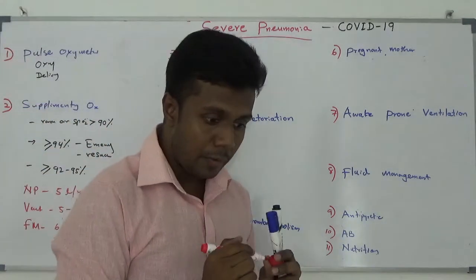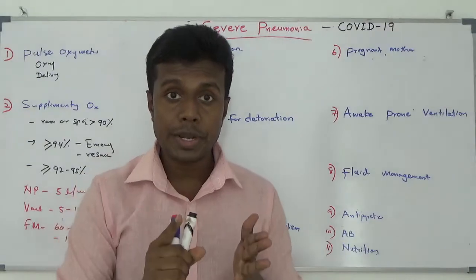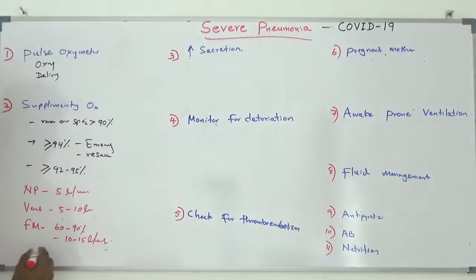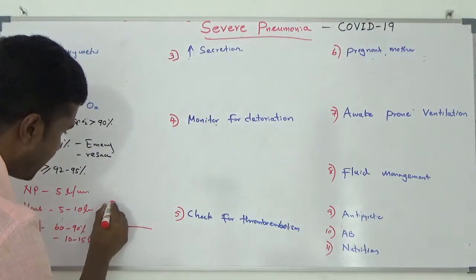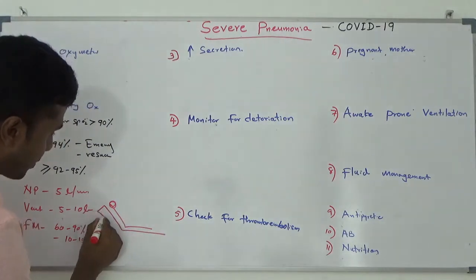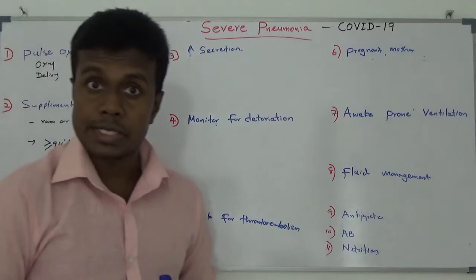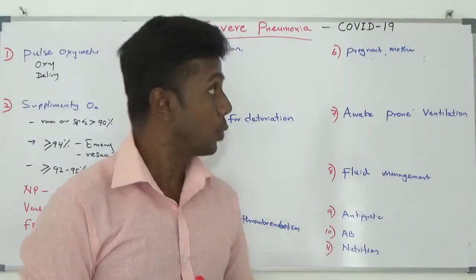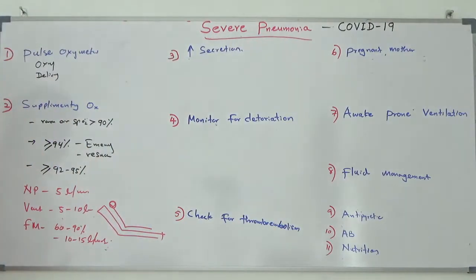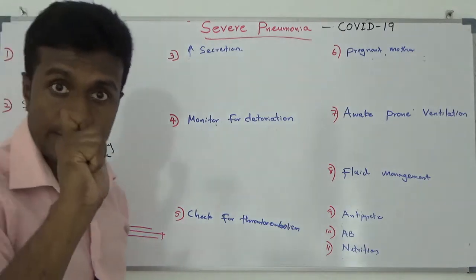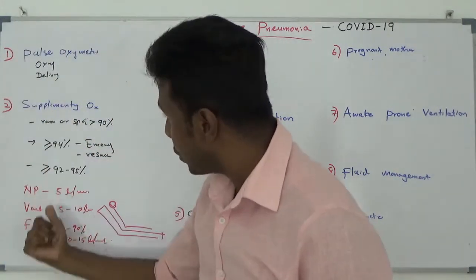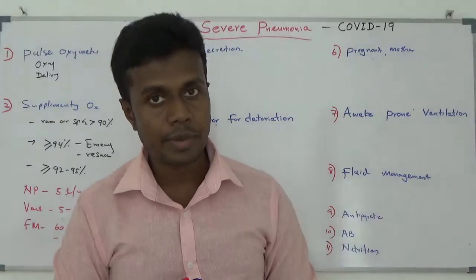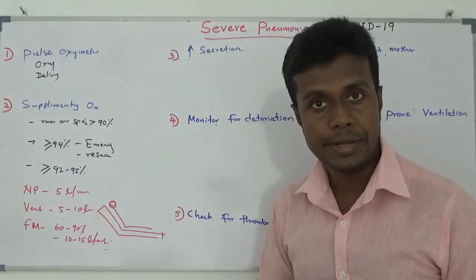In addition to that, when you are supplying oxygen, try to maintain a high supported position of your patient. That means semi-recumbent position. The patient should be like this: here your head, here the bed. It will improve your ventilation and perfusion. So, you identify the need of your patient. Your patient needs a pulse oximeter, oxygen and oxygen delivery system. Then you know how to give oxygen, when to give oxygen, how to give oxygen from this gadget, and how your patient should lie in the bed.